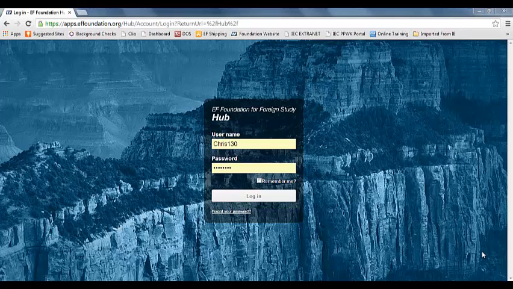Introducing EF Foundation for Foreign Studies' new online database, the Hub. This is going to be your new and improved way of submitting paperwork and accessing any resources you need. Think of it as your one-stop shop for anything you may need in your role as an international exchange coordinator